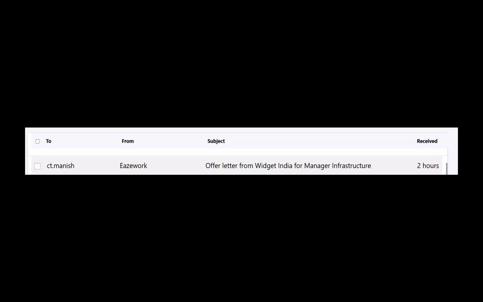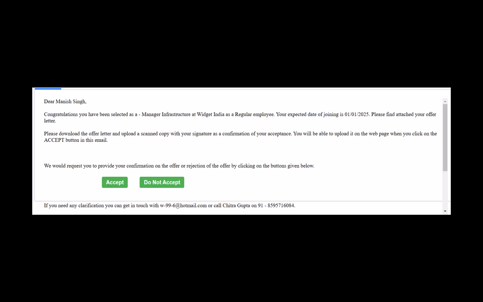The next step in offer management is acceptance of offer letter by the candidate. The candidate would receive the offer in email as shown below. The email as shown below clearly mentions the job details, expected date of joining, and the offer letter attached to the email. Candidate can accept or reject the offer directly from the email by clicking on accept or do not